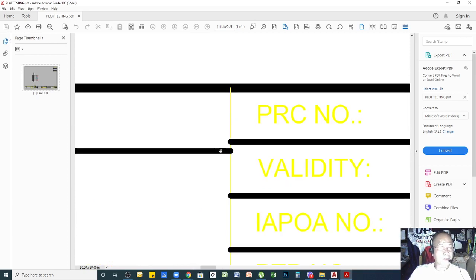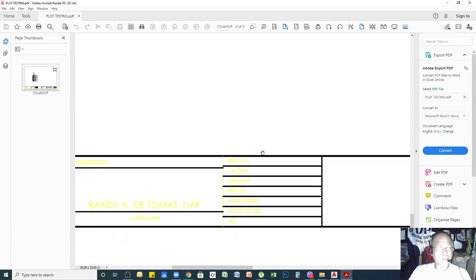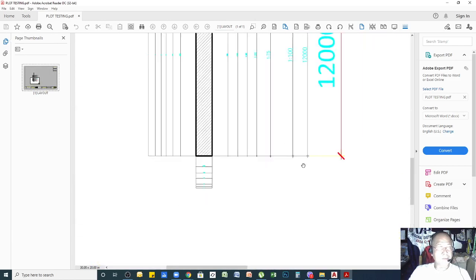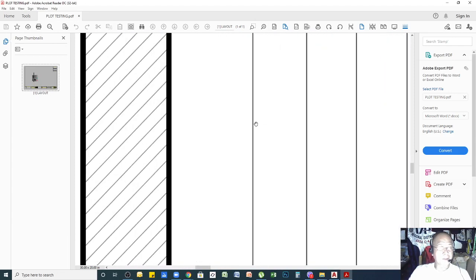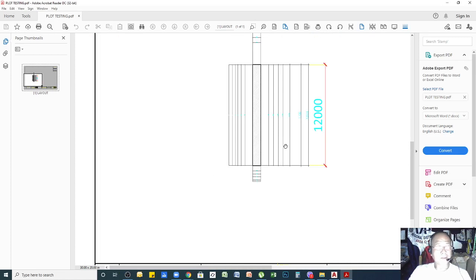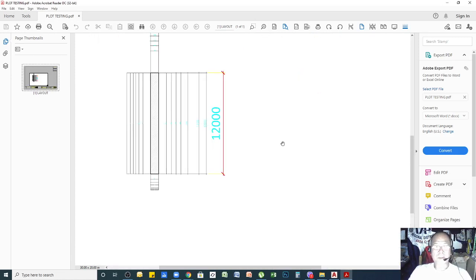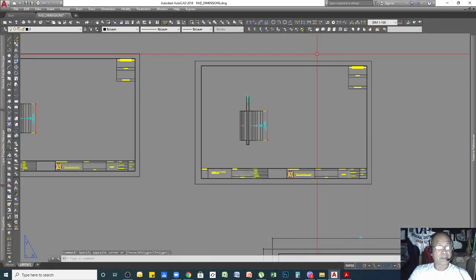The thickness of yellow is thinner than this one because black color I set to 0.6. So see that our dimension line is thinner because I use gray color, which I set to 0.09. So that's how you set your pen assignment with regards to plotting.